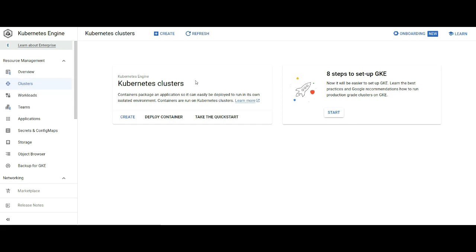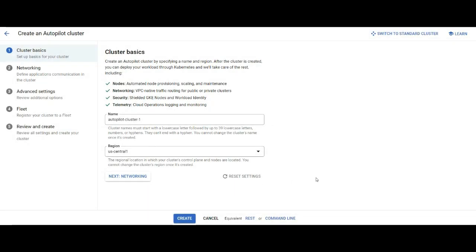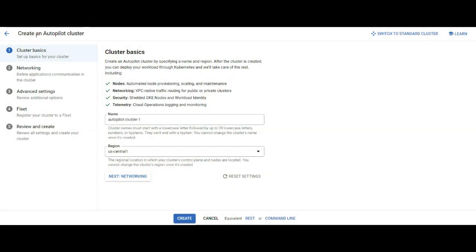Then you can click on the Create button, which is available here. Click on the Create button. Then click on Let's get started. As you can see here, this is the default Create an Autopilot cluster mode. Now I'll guide you how to create a new standard GKE cluster based on your